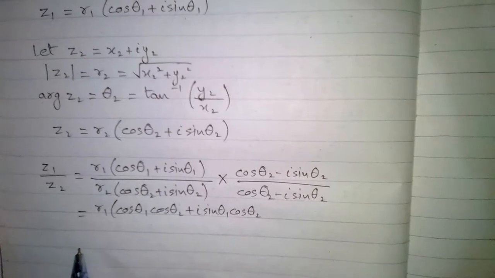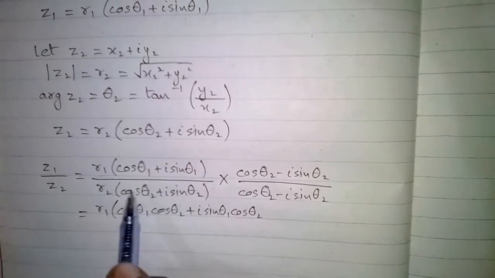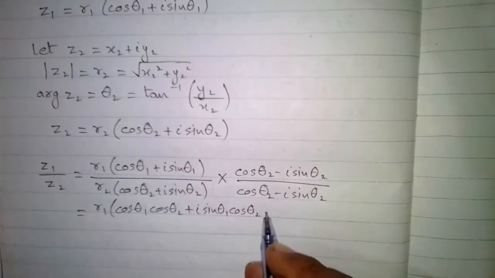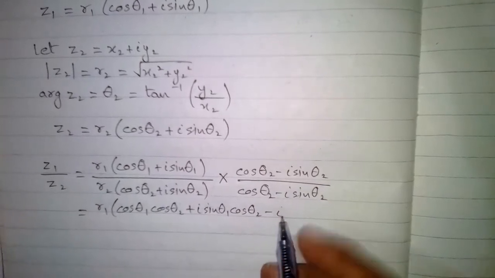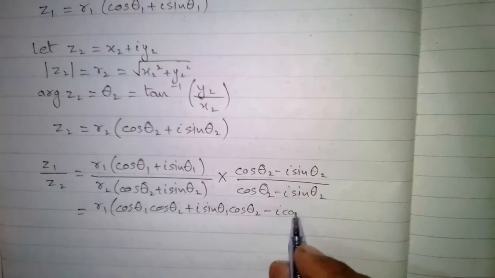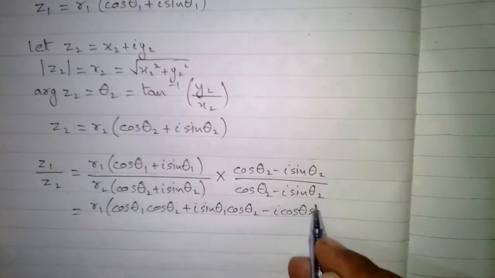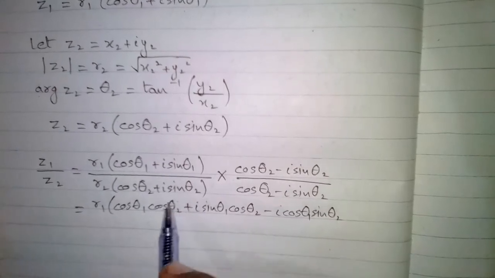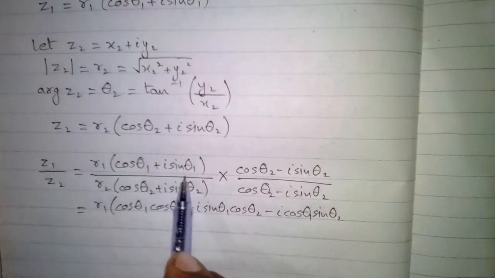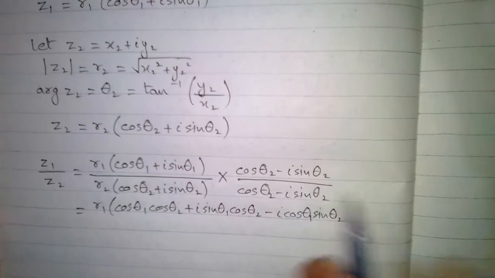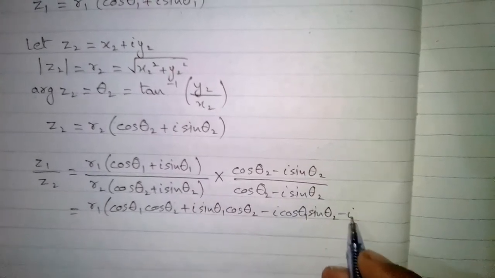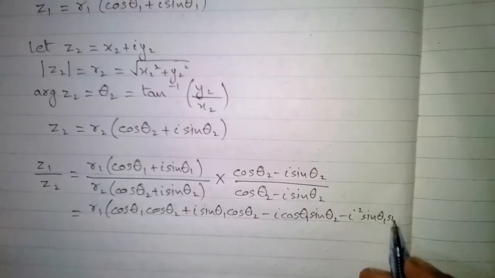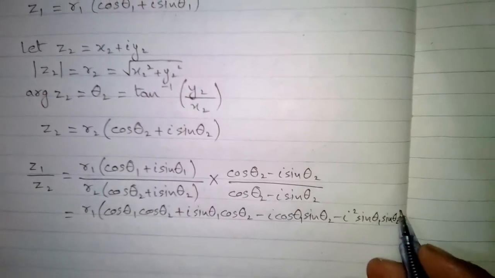then we can multiply cos of theta 1 by minus iota sin theta 2. So we have minus iota cos theta 1 sin theta 2, then iota sin theta 1 times minus iota sin theta 2 is minus iota square sin theta 1 sin theta 2